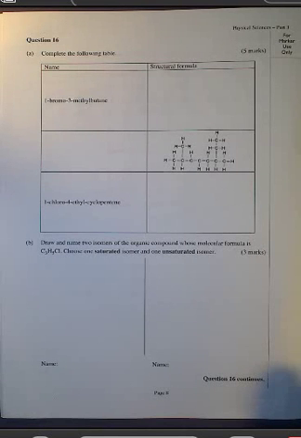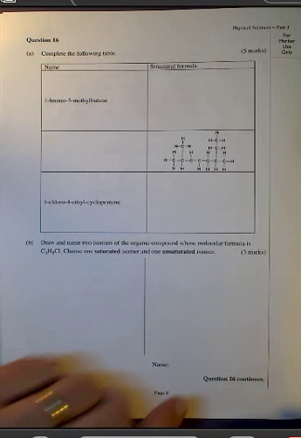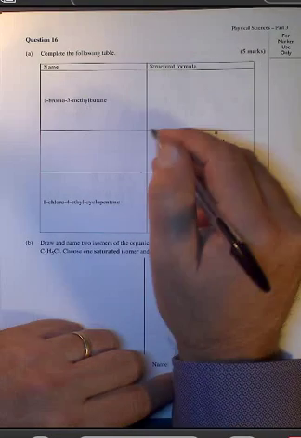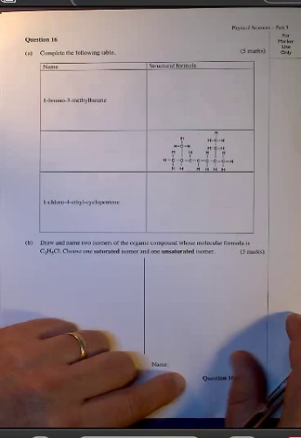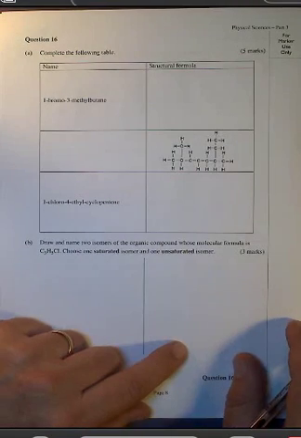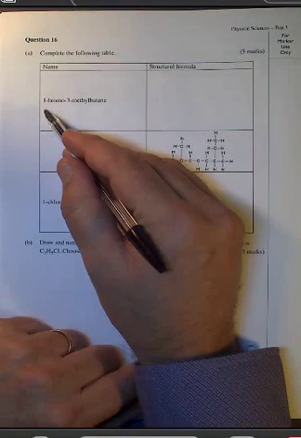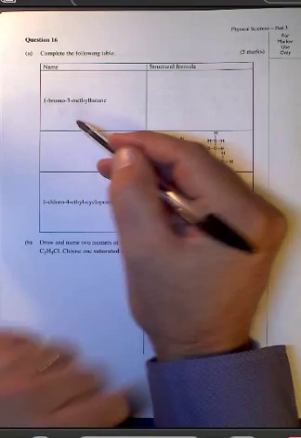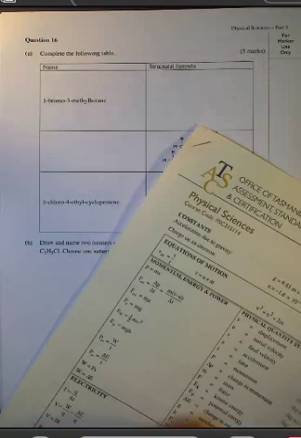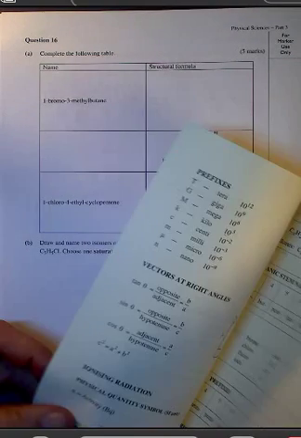This is the Physical Science Exam 2015 and this is question 16. Complete the following table. This is into the organic chemistry style of things, so we're going to have a look at this. We have 1-bromo, 3-methyl-butane. So if we're going to have a bit of a look at that,